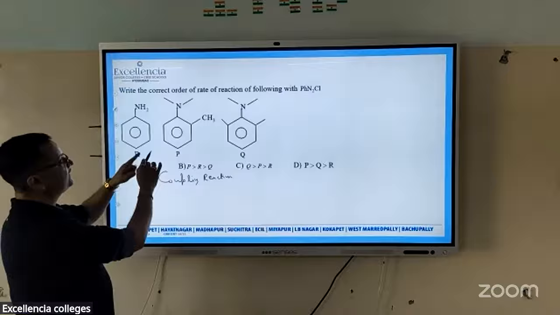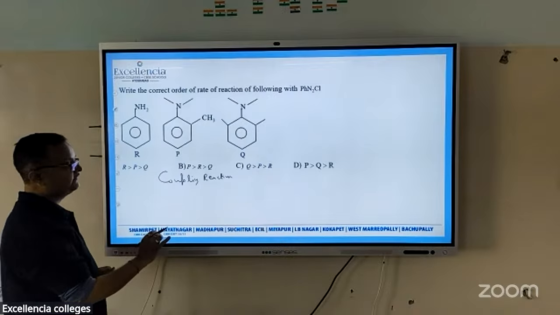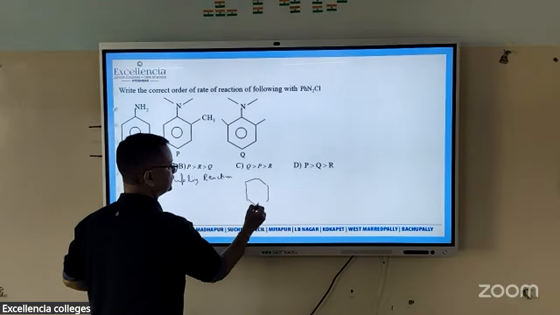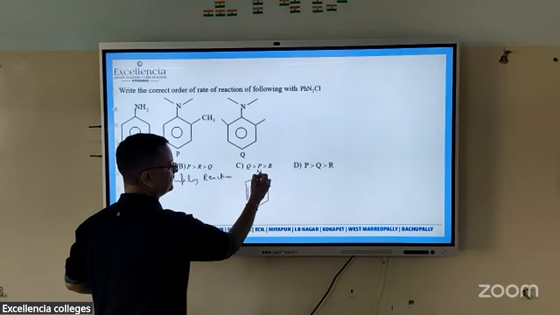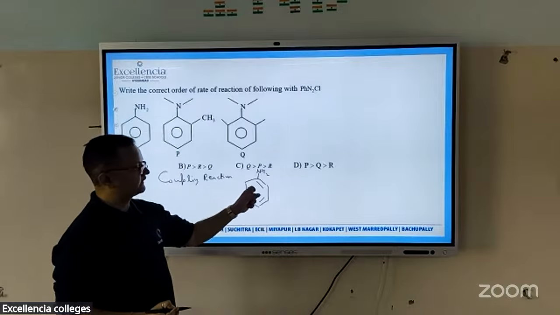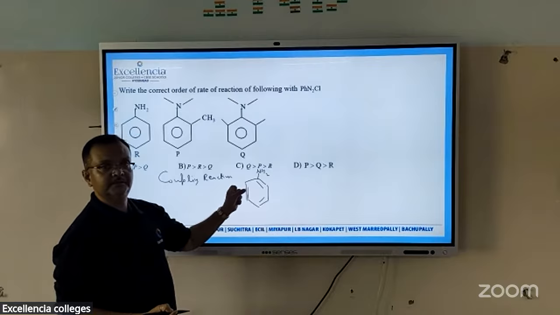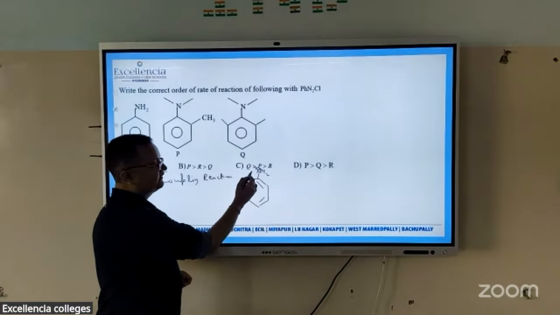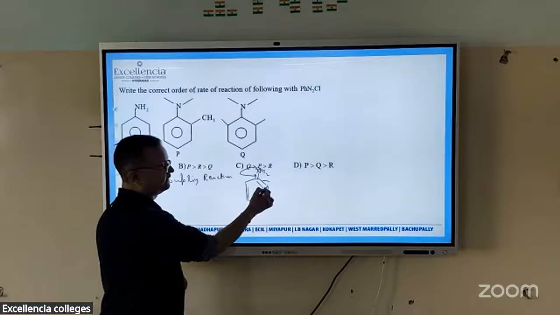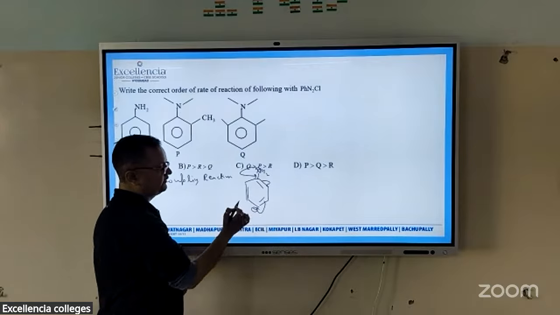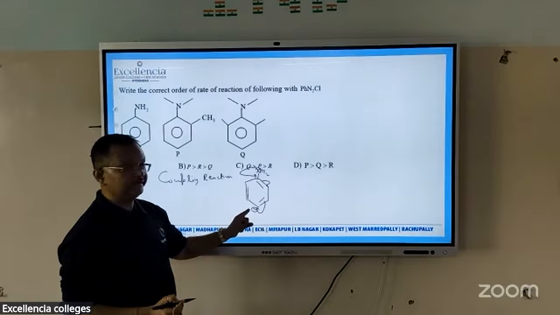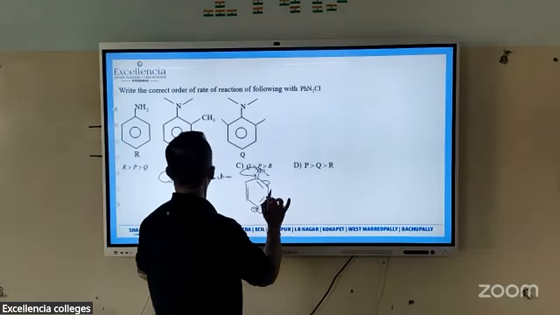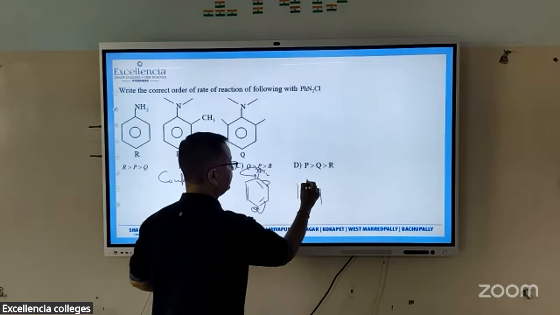So tell me now among these compounds listed, which compound is highly activated? See, first one is aniline. So you know aniline is highly activated, and it can show the resonance effect. It can release electrons very strongly, and then the electron density will increase. So here the electrophile can attack easily. It is highly activated. But now if you look at the second one,